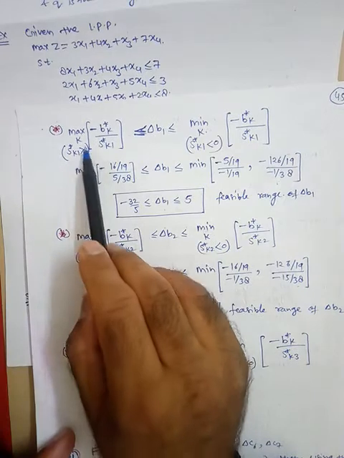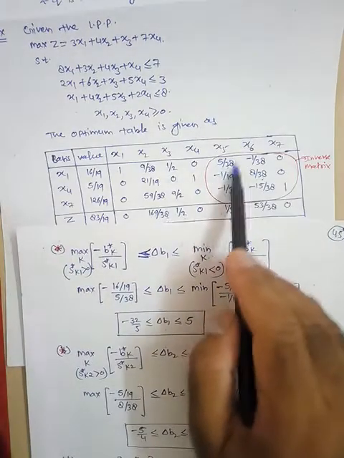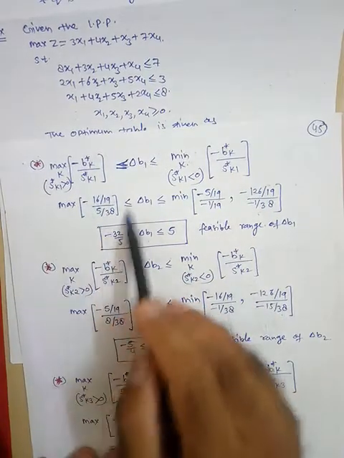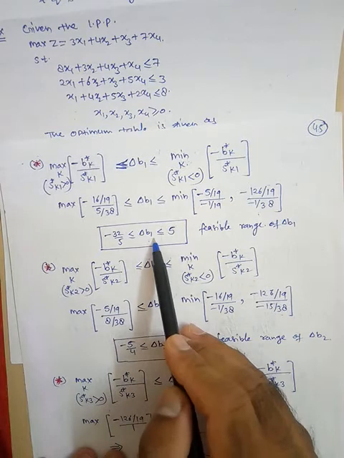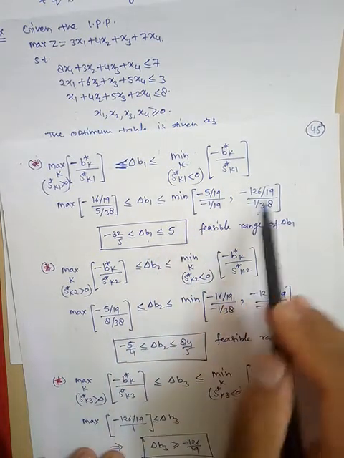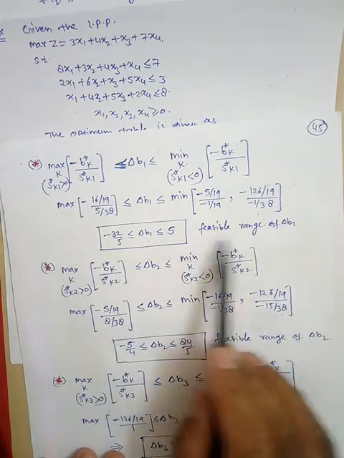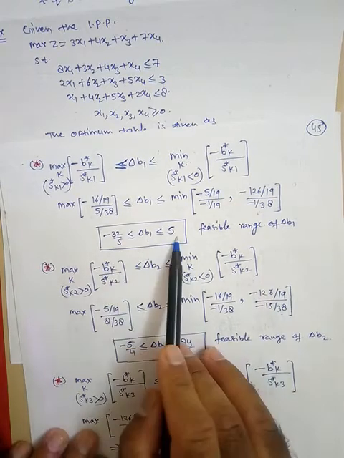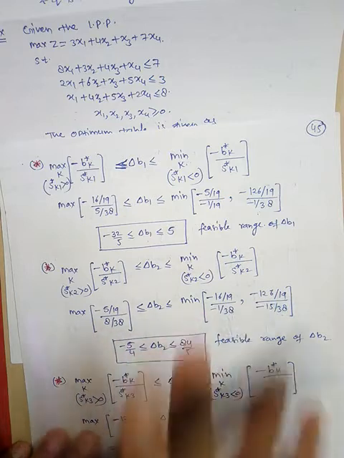So this is the ratio. Here for the positive one, here for the negative one. In the negative we are having two values, so they will come here, and here we have only one positive value, so this will come here. Now find out the ratio. Since there is only one value on one side, minus 32 by 5 is less than or equal to delta b1, which is less than or equal to the minimum of the two values, which is 5. So this is the feasible range of delta b1. That means if you vary your b1 within this range, there will be no effect on feasibility. So the optimum solution remains feasible.